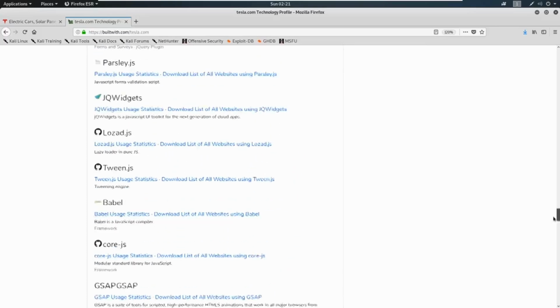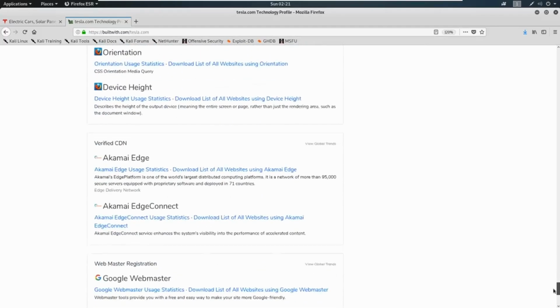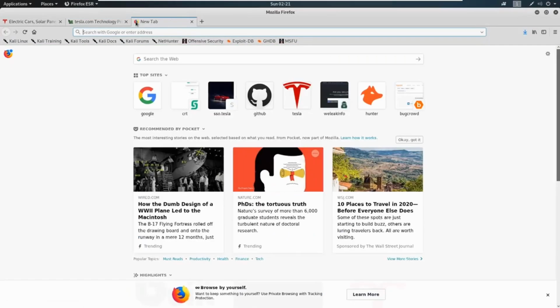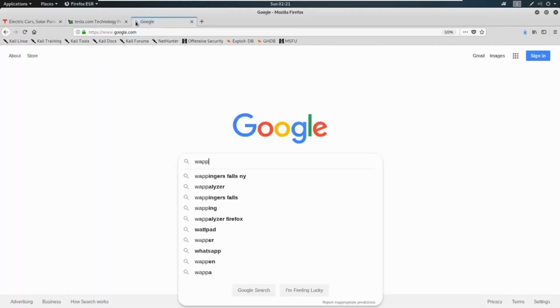That's an indicator there. And this is a big website, so it's got a lot. Look at all the information here. And it might be a lot to track down. So with a big website like this, there's a better way, I think. Now, Built With is a great resource, but I think there's some other stuff out there that might help us a little bit better. So let's go out to Google as well, and let's search for a tool called Wappalyzer,